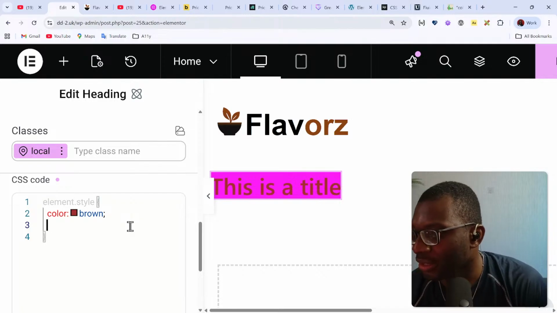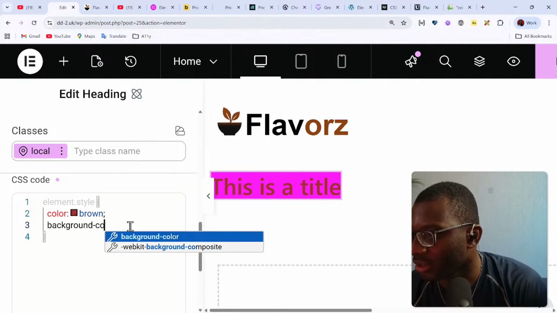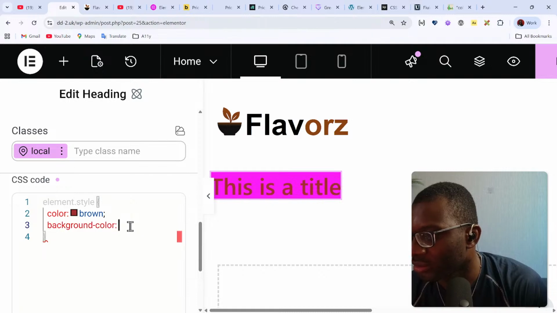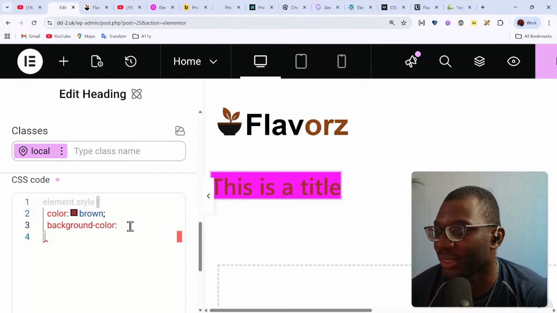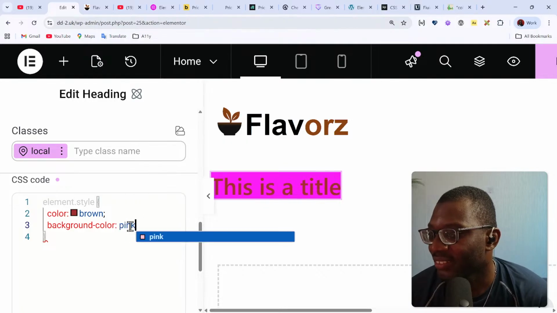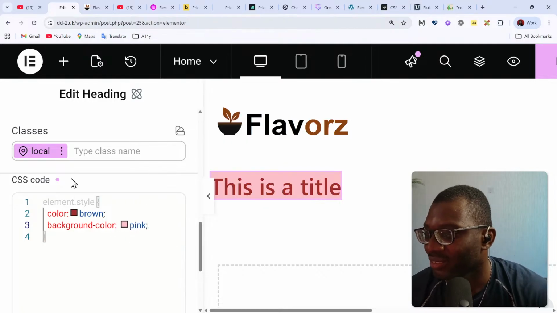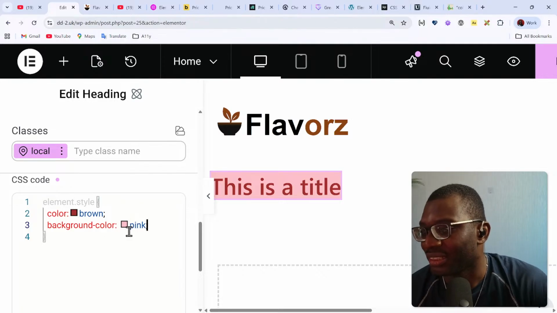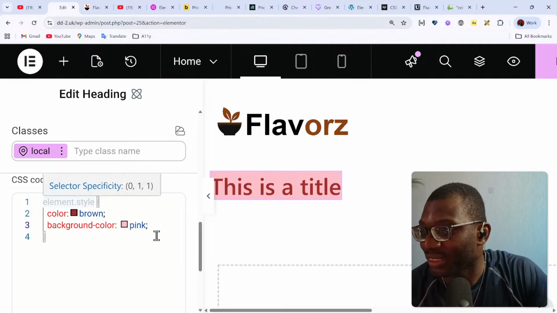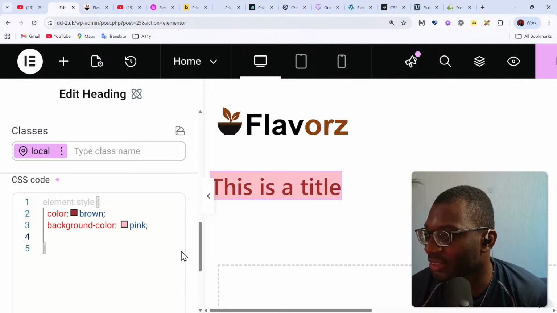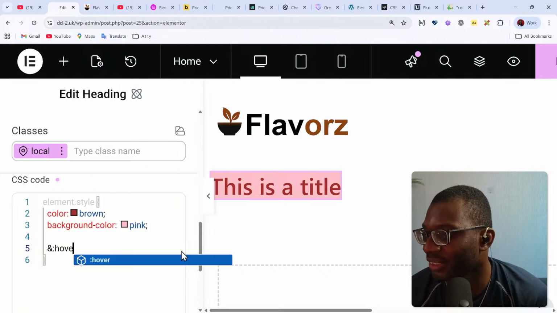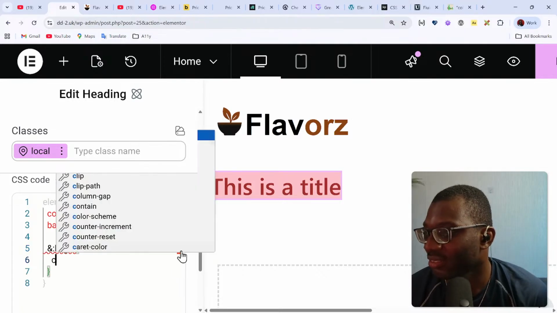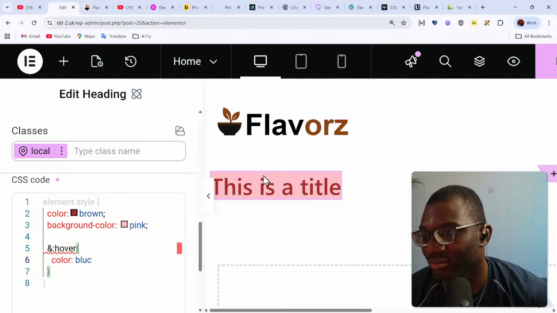So let's say background color, it removes this. Okay, so it only removes the space the first time. Background color, if I put it again, okay, yeah, the space comes back. Pink, something like that, and so on. Well, it's not bad. If you want to put in something like hover, you can use nesting. So you can see ampersand hover, color blue. So if you hover,